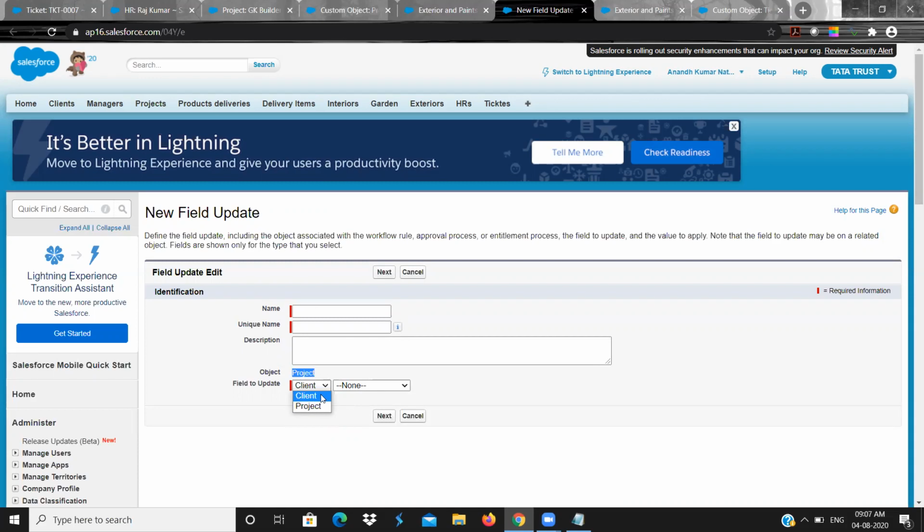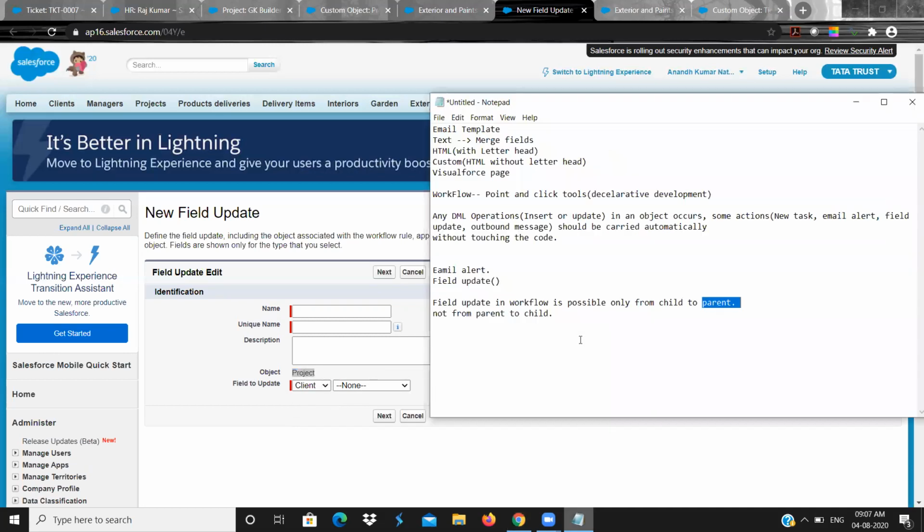And its child is exterior. You cannot see exterior. Why? Because in a basic workflow rule, parent to child field update is not possible. But child to parent is possible, that too in a master detail relationship. Why master detail?